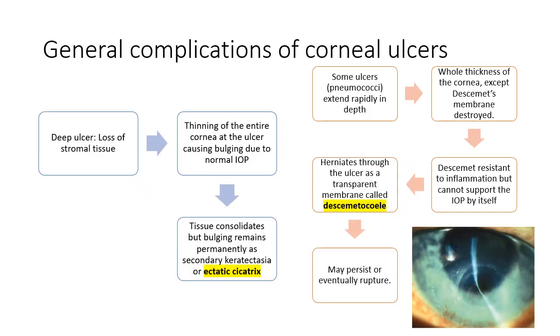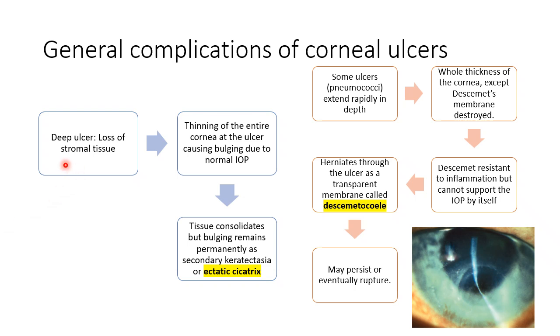Now, coming on to the general complications, that was about the treatment. So, we talked about topical antibiotics, which includes monotherapy and dual therapy, systemic antibiotics, cycloplegics, and plus minus steroids. Now, coming on to the general complications of corneal ulcers, if an ulcer is allowed to progress through its course,